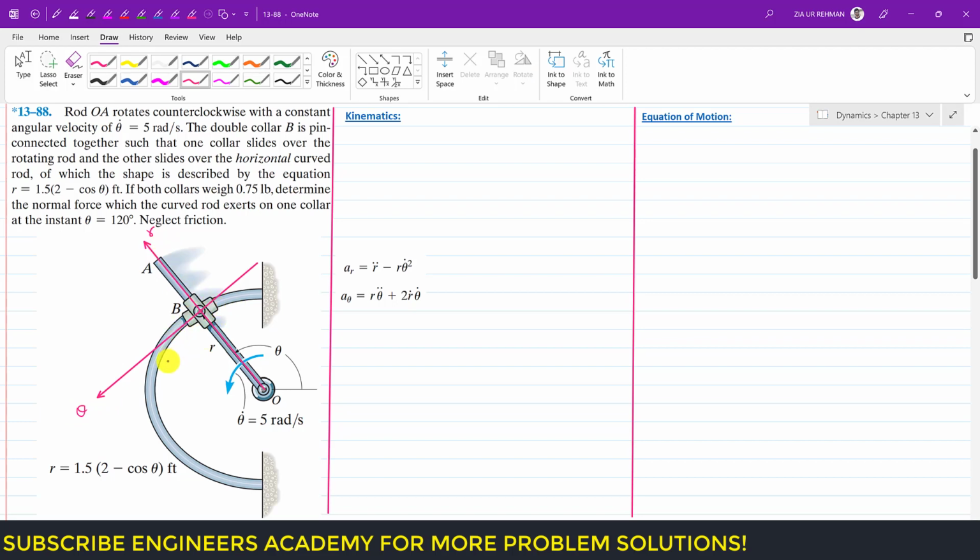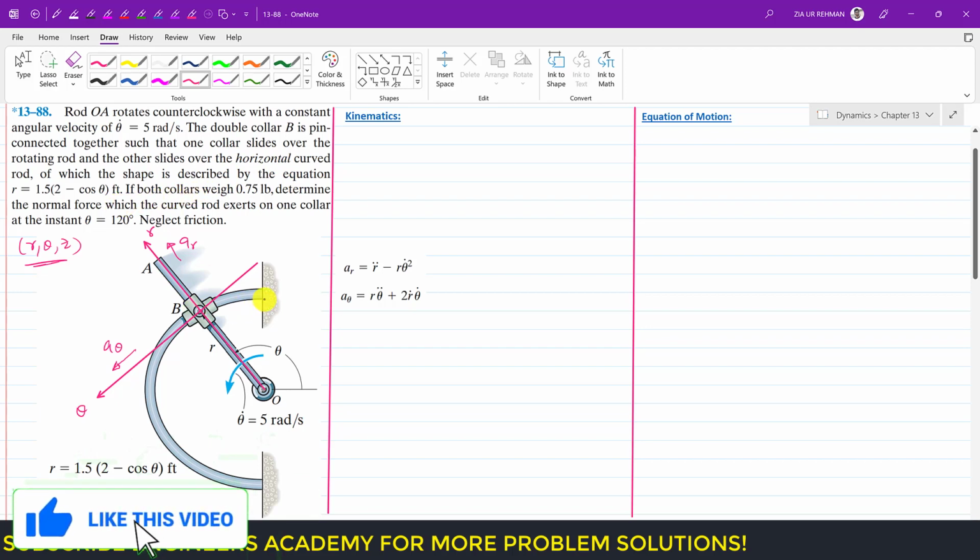If these two collars are moving around this circular arc, let's assume that there is some acceleration in the positive radial direction. Let's say that acceleration is a_r, and similarly in the positive theta direction we have a_theta, and out of the screen is the Z direction, since we are considering the cylindrical coordinates. So we have r, theta and Z axis. The Z axis is out of the screen, and in the problem statement it is said that the mechanism is rotating in the horizontal